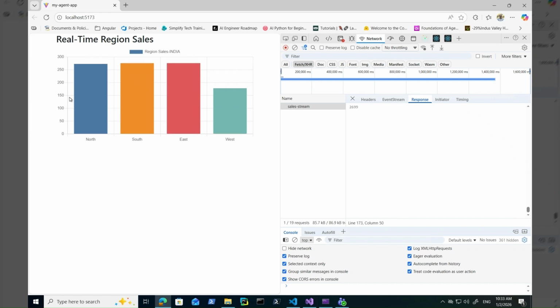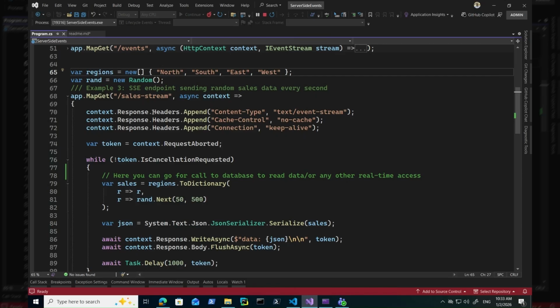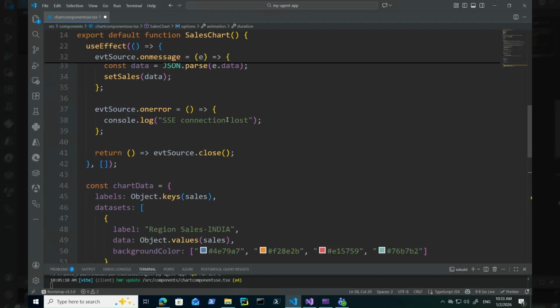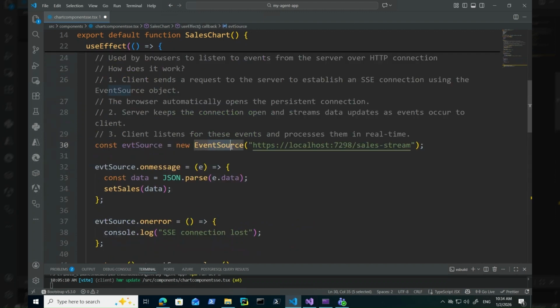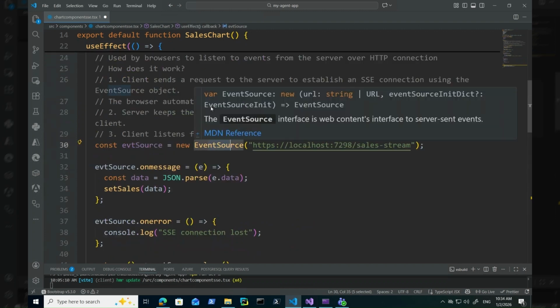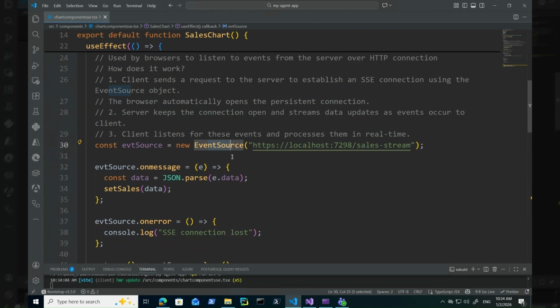So we are not making use of any WebSocket. We are not using SignalR, just simple native coding with the text/event-stream MIME type from the server side and from the client side. With the help of the EventSource object in JavaScript, we have a server-side event real-time application set up. So .NET 10 has come up with several new features, and we can make use of them to basically get the